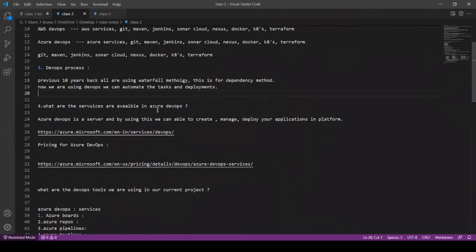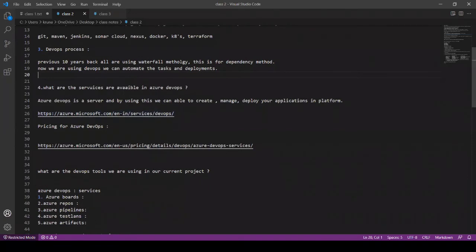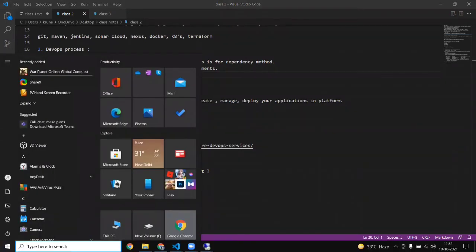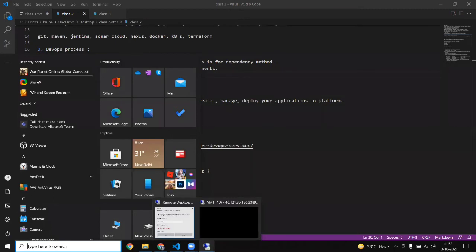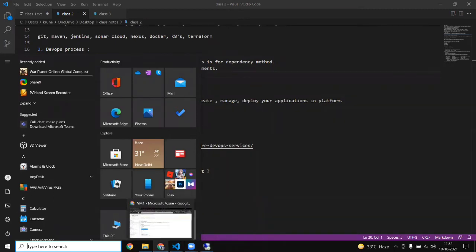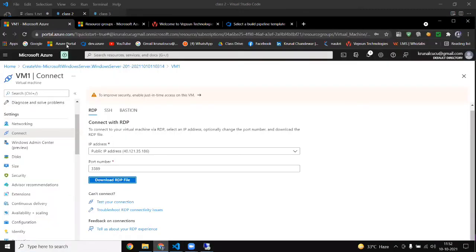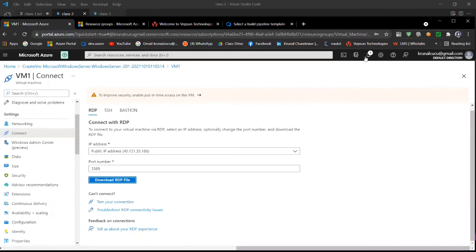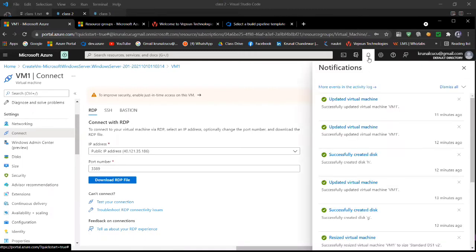How can I validate how many free hours I have left in the Azure portal? How many free hours are credited in my account? As I told you, that will be in the notifications only. Here in that notification bell there are things, right? I am able to see nothing was there. No new notification is there from this session.